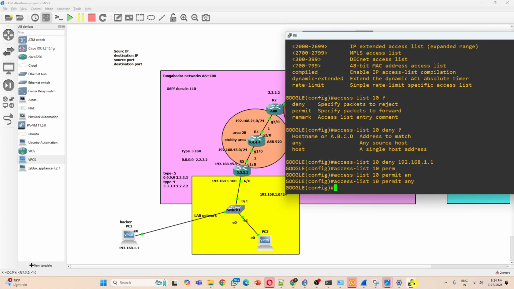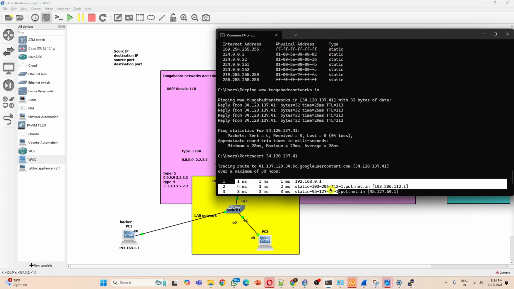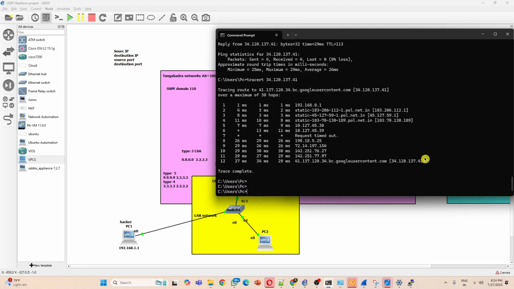How will they block it? Same way. Each and every website has an IP address, right? Same like this. See, it's a traceroute like this. I will explain traceroute later also. I already explained traceroute, I guess, in the bootcamp. Go through that. Anyhow, if you ping